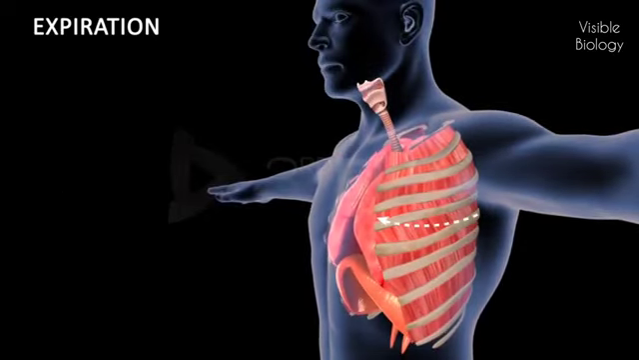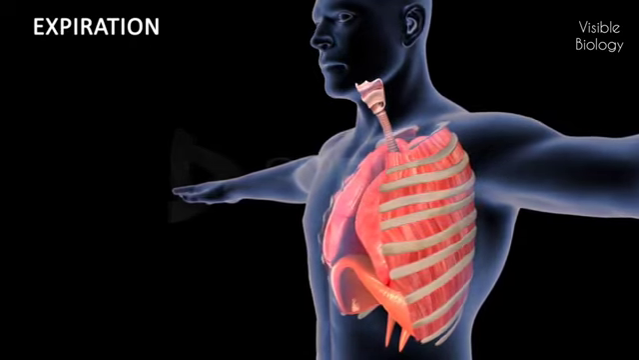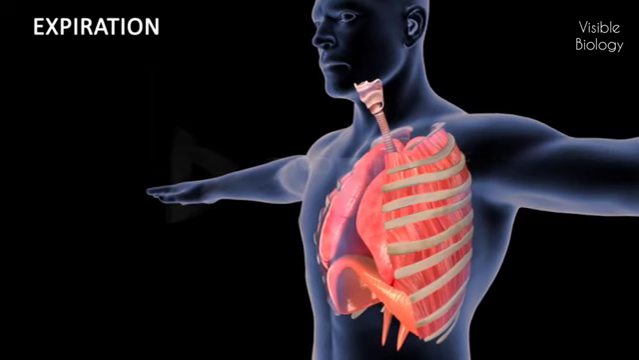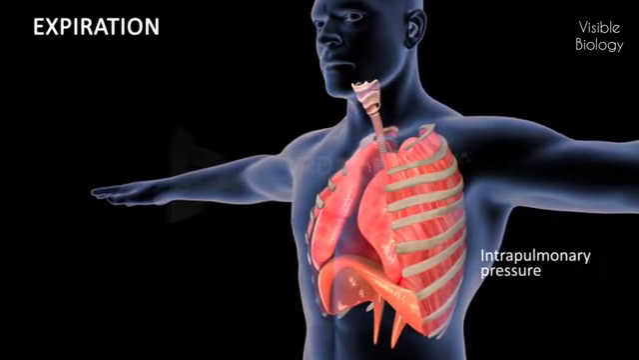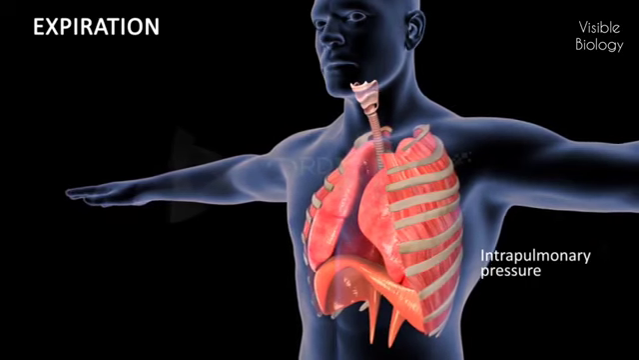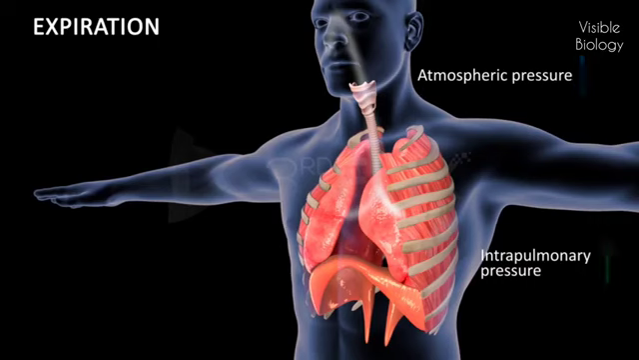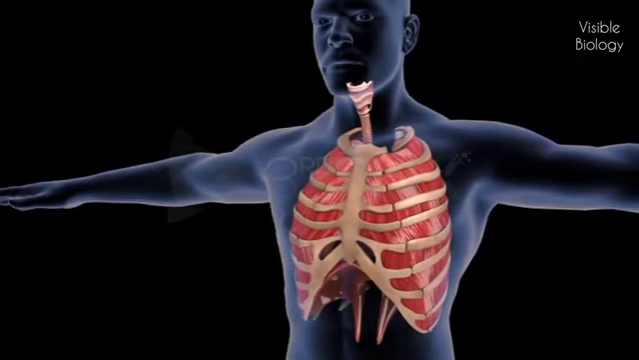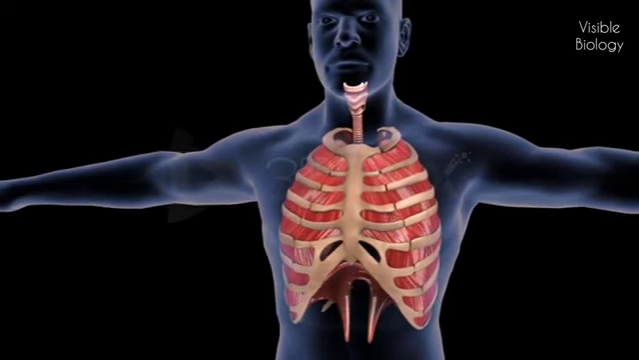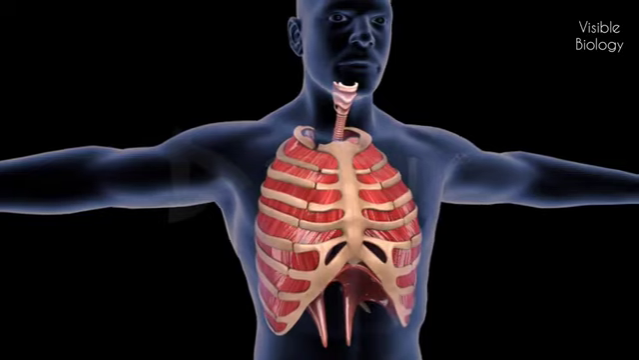The overall decrease in the thoracic volume causes a similar decrease in the pulmonary volume and an increase in intrapulmonary pressure. As the intrapulmonary pressure becomes more than the atmospheric pressure, air is released from the lungs. A normal healthy adult breathes 12 to 16 times per minute at rest. We have the ability to increase the strength of inspiration,